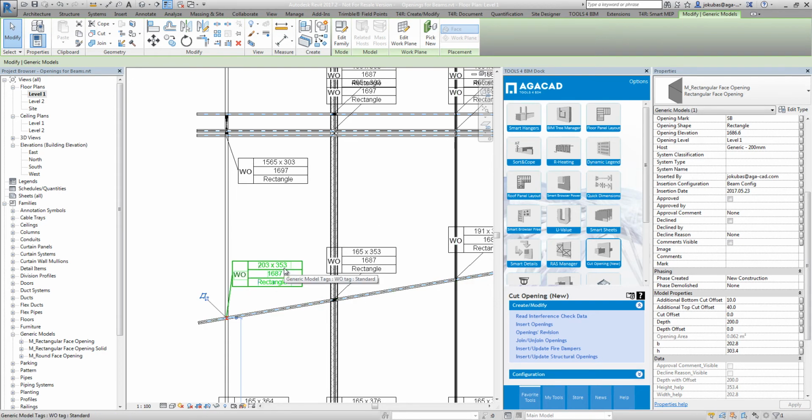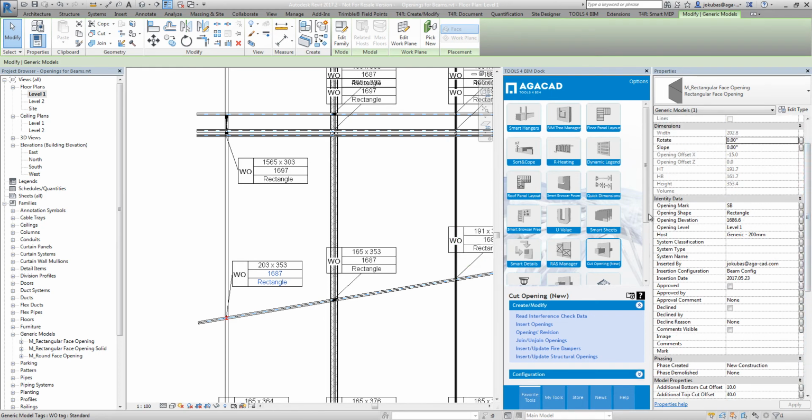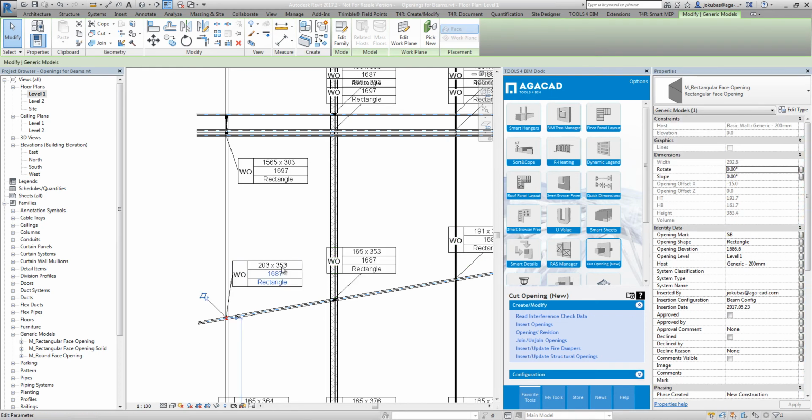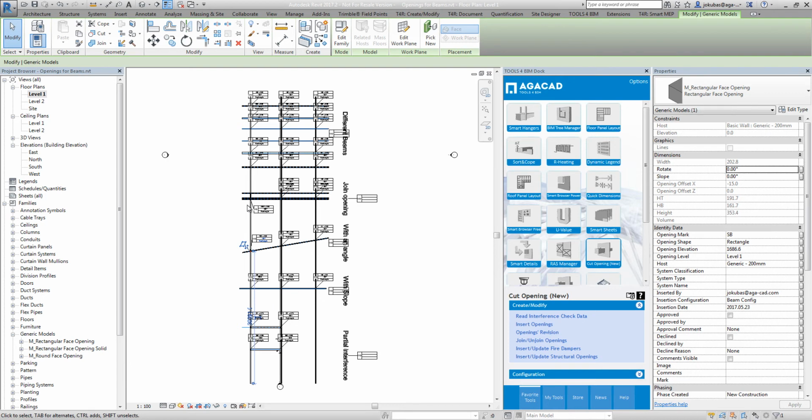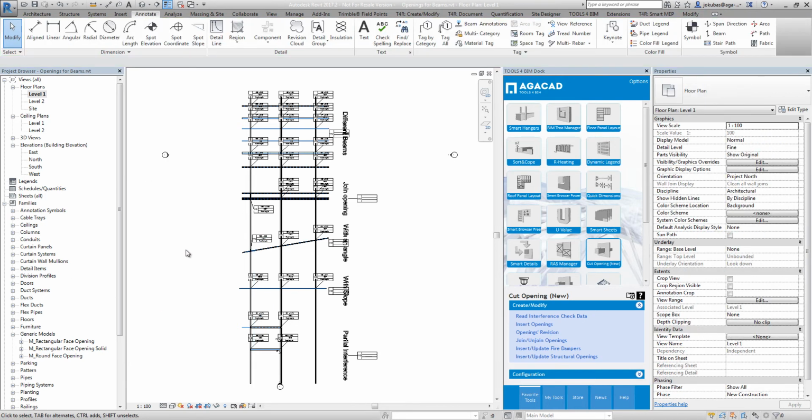So we have a shared parameter file where you can take all the parametrics and you can create your tags. Yeah. So all the parameters are available in tags and schedules as well. So you can prepare your own tags and schedules, like a builder's works or something like this. Yeah, and that's the main idea, how the cut opening can handle